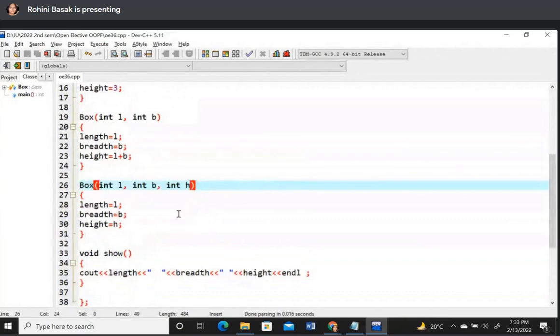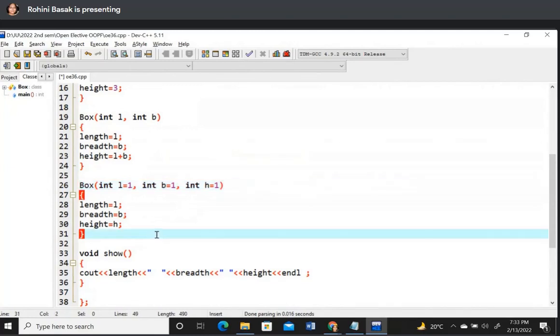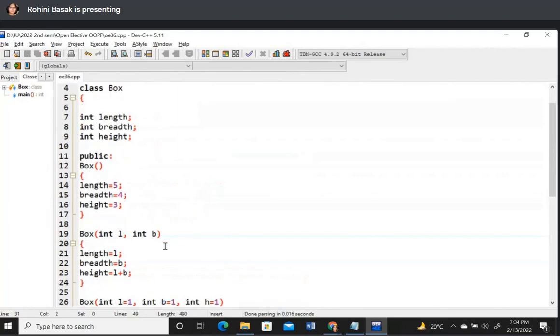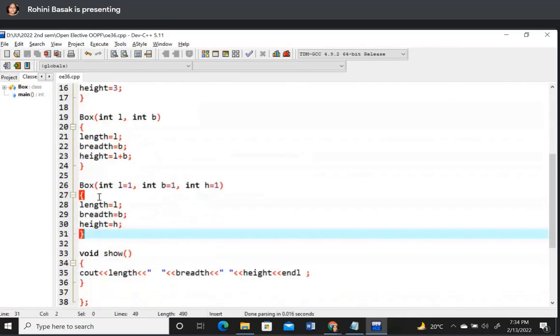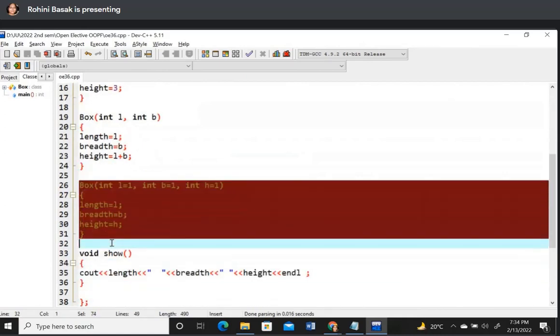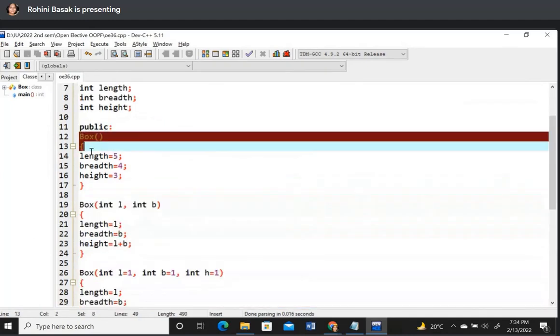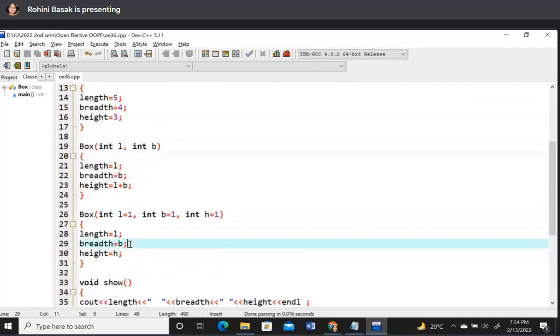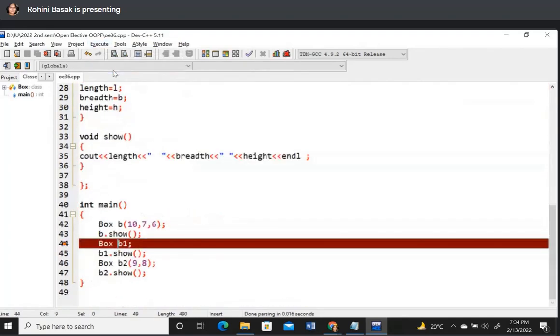Suppose the default values are provided as 1, then here also it is 1, here it is 1. Okay, these are the default values. In this case, it will throw an error immediately because আমি যদি এটাকে রান করতে যাই এক্ষুনি এরর দেবে। Why? Because this particular constructor, it functions as a default constructor as well as a parameterized constructor. So এইটার সাথে এইটার একটা ওভারল্যাপ, মানে একটা ডুপ্লিকেট হয়ে যাবে।